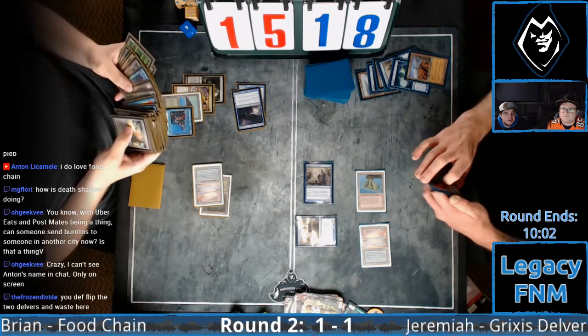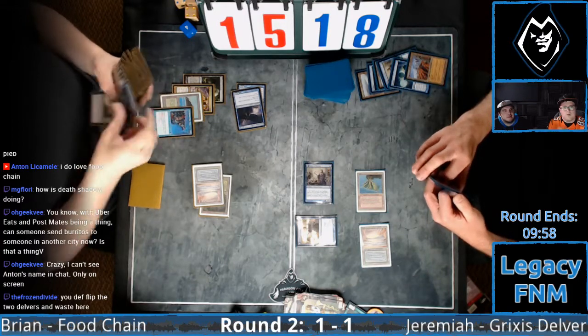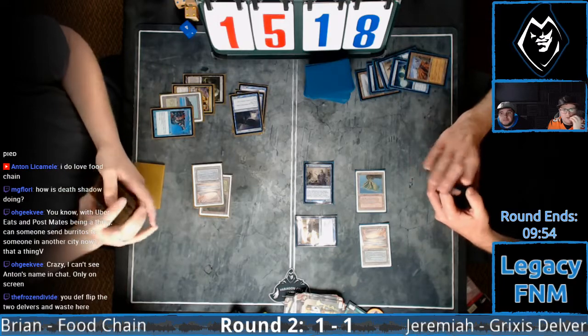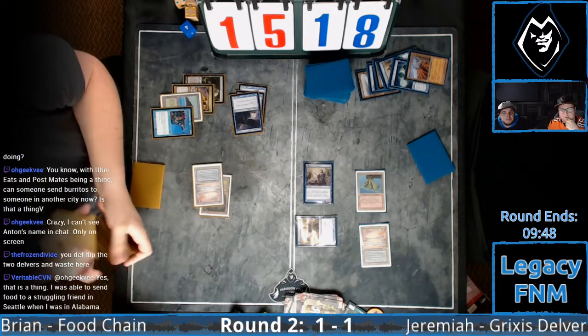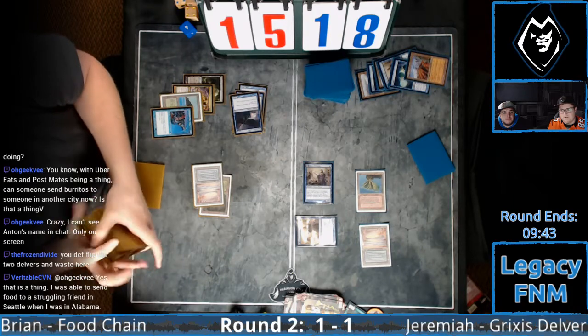All right, so Brian getting set up here. He might be a little slow, though. We know these Delvers are flipping next turn. Yeah, this is going to be a lot of damage. And honestly, we still know that Jeremiah has a Force of Will. So this means that Brian not only needs Food Chain and Walking Ballista this next turn, but he also...